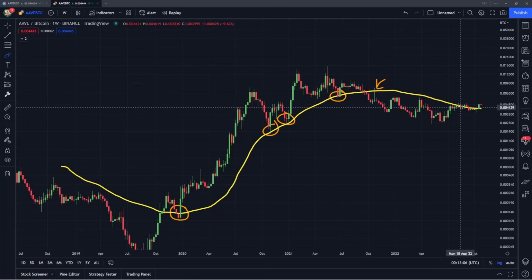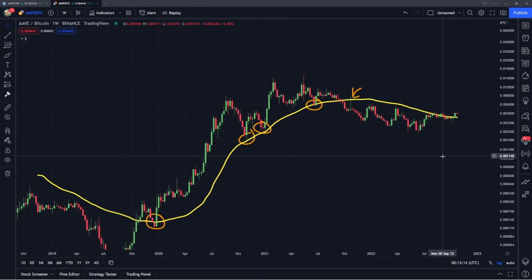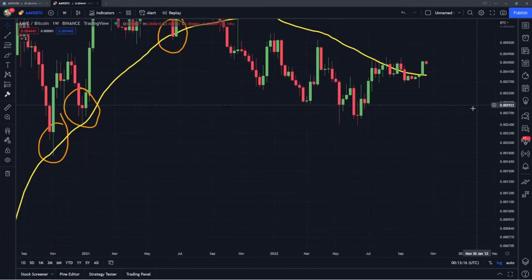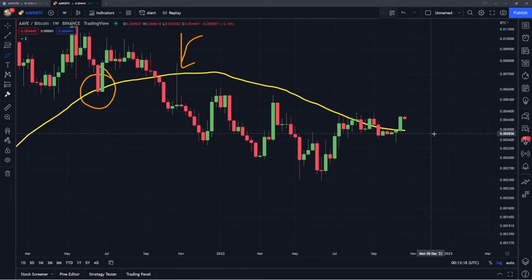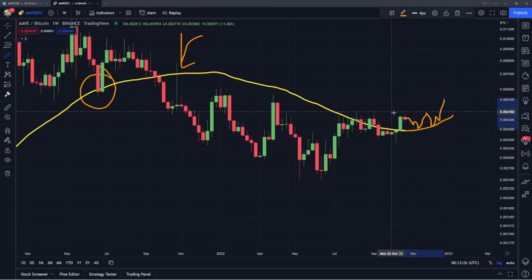Now, to be bullish on this ratio, really, I just want to see AAVE Bitcoin continue to hold above this and then consolidate, retesting it as support. So as an illustration, what that would look like, if I just zoom in here, if the 50 weeks starts to round off here and then slopes back upward, I'm going to be watching out to see if AAVE Bitcoin can hold above this level, reclaim it as support, and then ideally, if we can have some sort of consolidation period and then make a higher high,